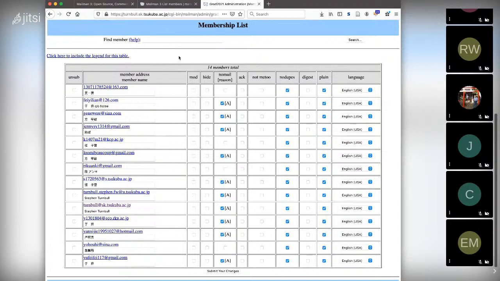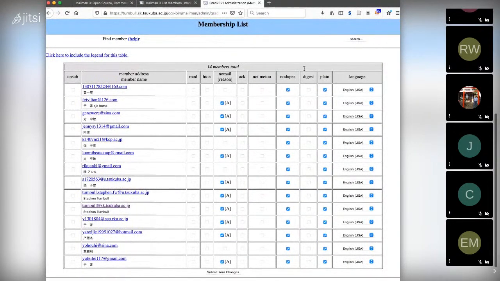And then you can see at the top the various characteristics that you can have. The user might be moderated. They might not want mail. You might want to hide them from a list of the lists. Some users want their mail acknowledged when they send to the list. This is very rare nowadays, but that was an important feature back in the 1990s.